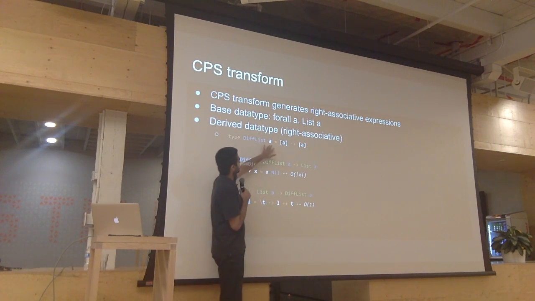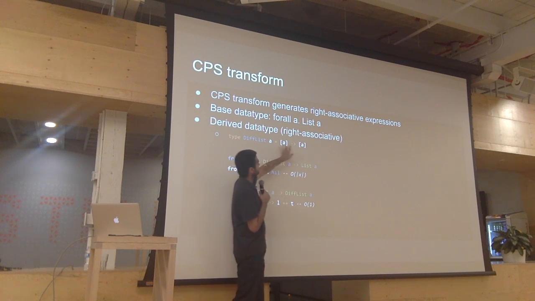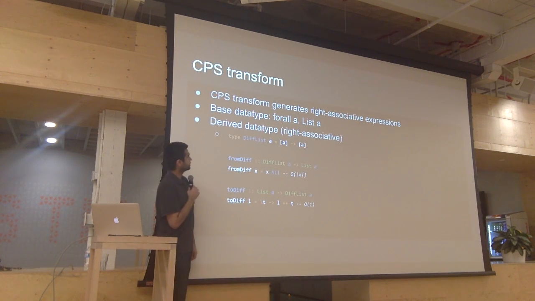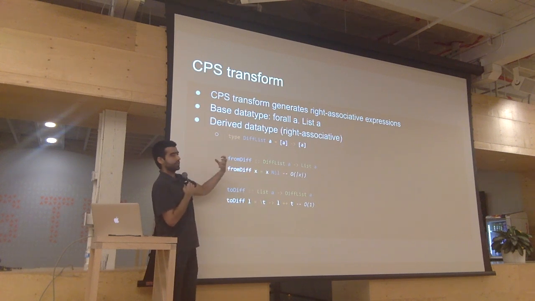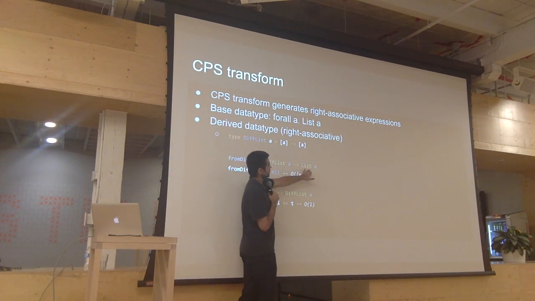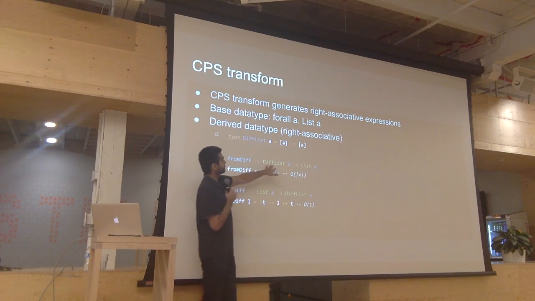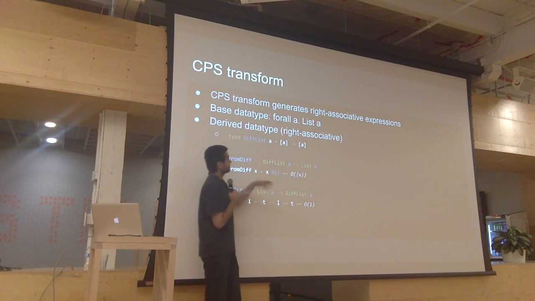But essentially, this type says, and I'm using different syntax, I'm using Haskell's inbuilt list, but this is taking list A to list A. Think of it as a function which takes one input, list A, and produces one output, list A. That's what diff list is. Right, so I've created this derived data type, and I will also create two functions. One to go from the derived data type to the base data type, and one to go in the opposite direction. So going from a diff list A, getting a list A is simple.